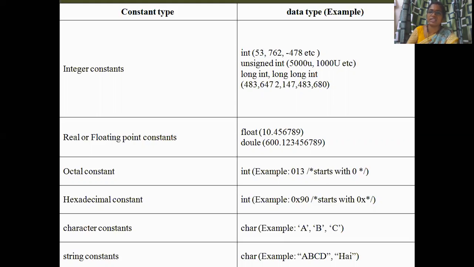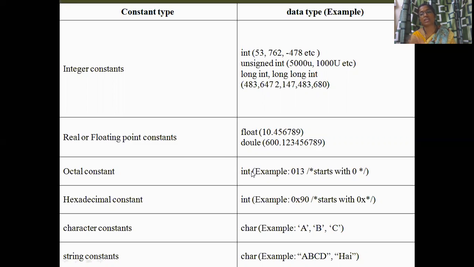By learning the data types, we can understand these. So these are examples of long int and so on. These are the integer constants. And real and floating point constants can have a decimal part. So a dot, after that different digits, and after that double. This is double actually, where you can write the highest precision. It also shows a floating point number, but with the highest precision. So floating point numbers can be shown here.